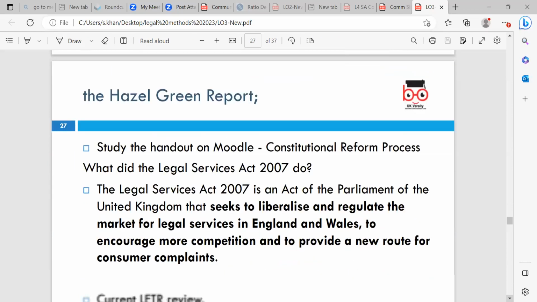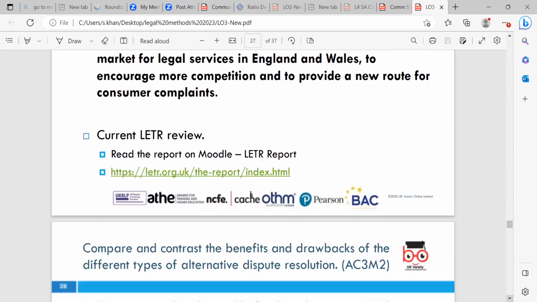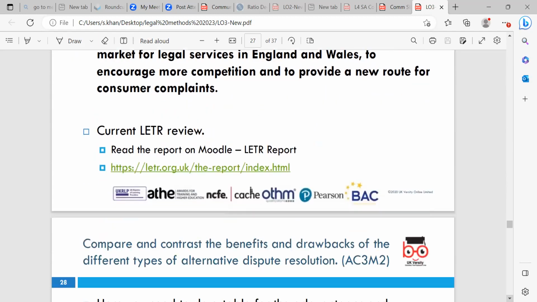The Hazel Green Report. This study, the handout again, is on Moodle, on the constitutional reform process. What does the Legal Services Act do? The Legal Services Act 2007 is an Act of Parliament of the UK that seeks to liberalise and regulate the market for legal services in England and Wales, to encourage more competition and to provide a new route for consumer complaints. The Legal Education and Training Review is on Moodle, and that's the link to it that you can go to